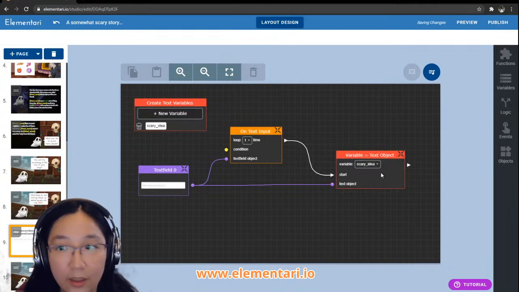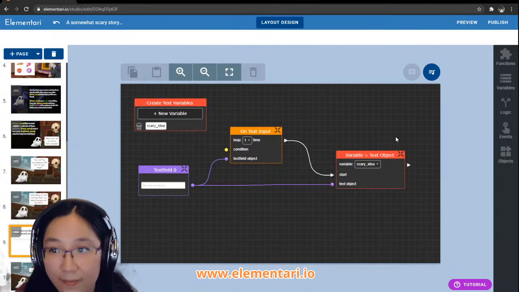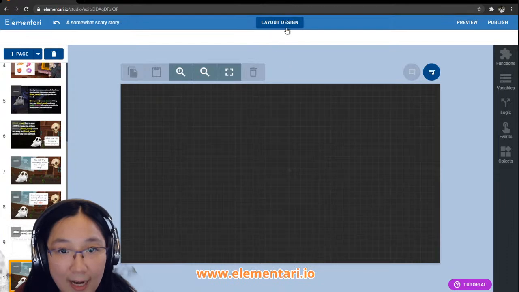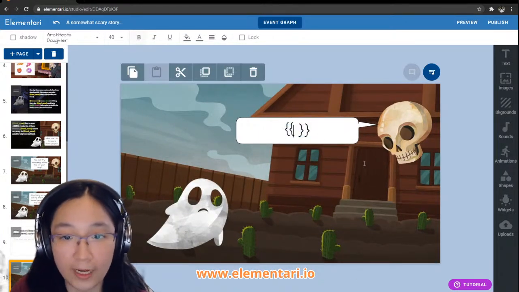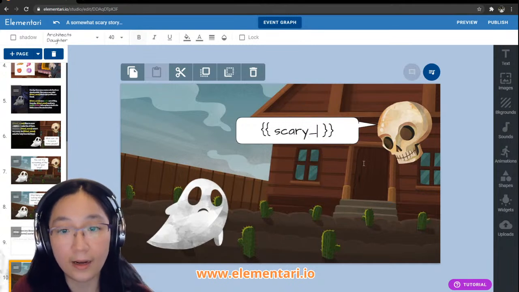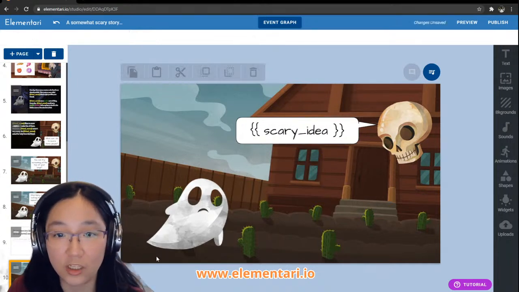What do I put inside the curly brackets? Yep. So you want to put scary idea inside the curly brackets. So let's just test those 2 pages and see how it works. Scary underscore idea. And it has to match exactly.